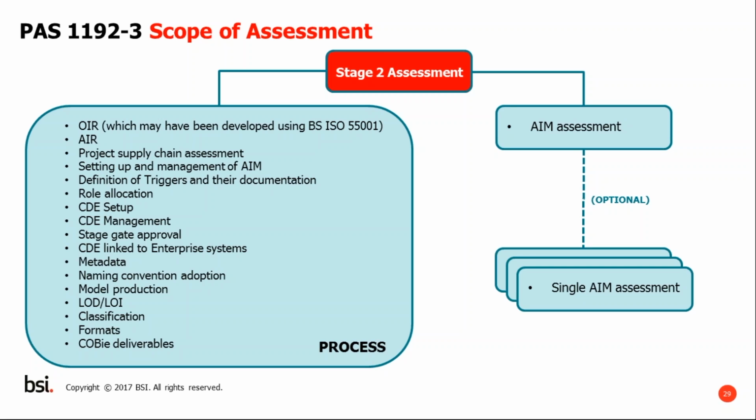So we have a system of ensuring that the correct sampling is taking place, and then we have this optional strand that if you wanted to have a particular asset have its own Kitemark, then what we'd do is we'd look in detail at that one particular asset or that group of assets in its entirety, so in a non-sample basis. So we go end to end, and then if that's successful, then we can award a certificate against the asset information model for that asset itself.